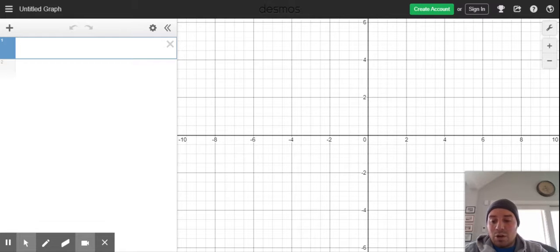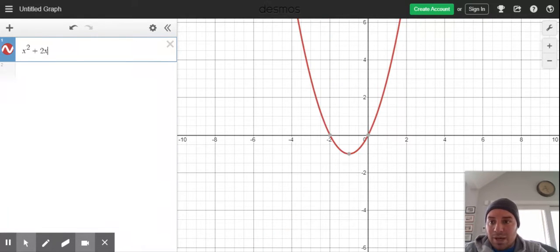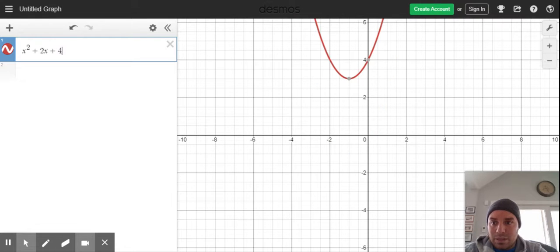I just want to remind you how to go about using Desmos to help you when you're graphing. If you remember, one of the problems that we were talking about was x squared plus 2x plus 4. Well, I don't want to put equals here. I'm going to put y equals. If you notice here on this particular problem,